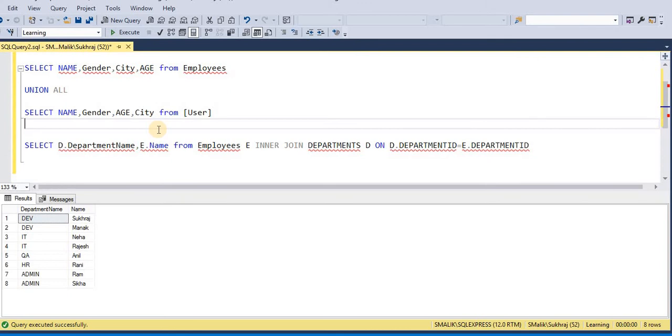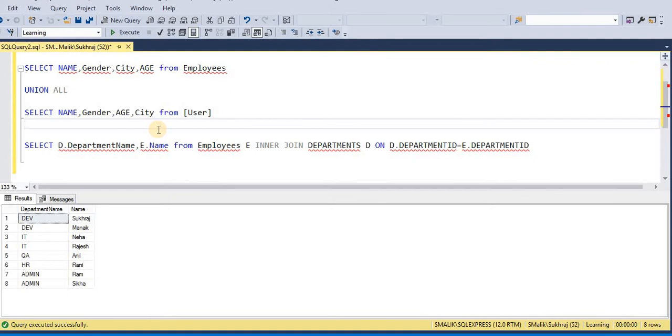First difference: in case of union, all the columns must be the same in all the select statements, but in case of joins it does not matter. The second one: in case of union, the order and data type of all the columns must be the same in all the select statements, but again in case of join it does not matter.